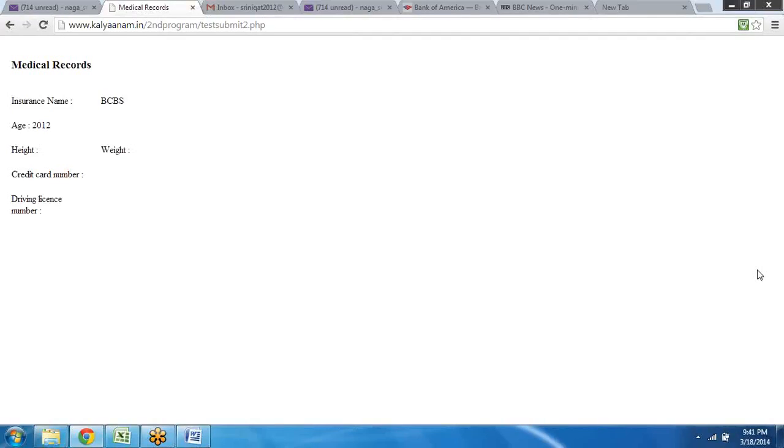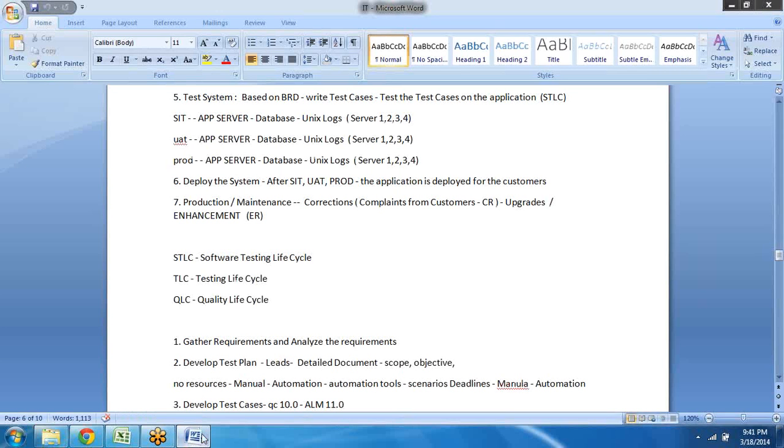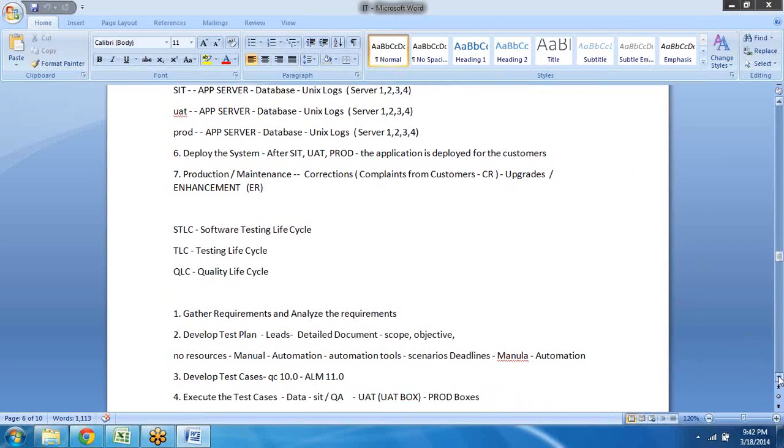Database means the deposits and withdrawals, whatever you see in the bank, will be in the database. Okay, good. So that's about one phase of the SDLC. Now we'll talk about